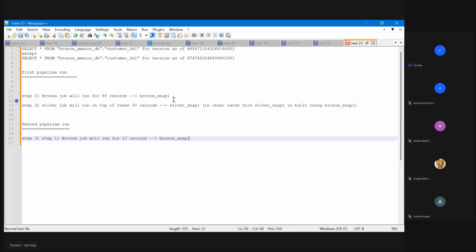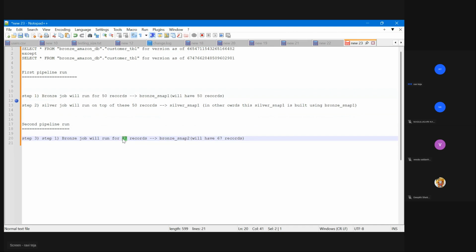Now this bronze snap 2 will have 50 records. I'm going to put it very theoretically so that you can understand. Now, this bronze snap 2 will have 67 records, because I just processed 17 records. Fine, cool, so we were able to do that.